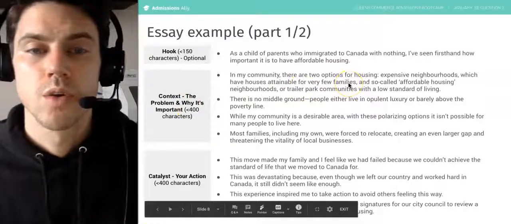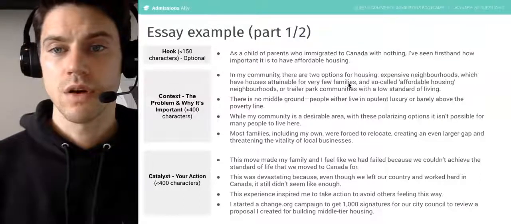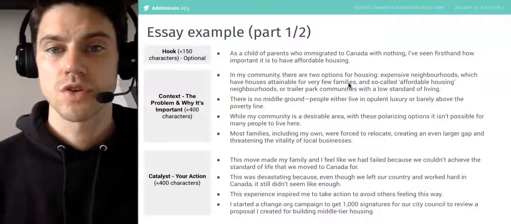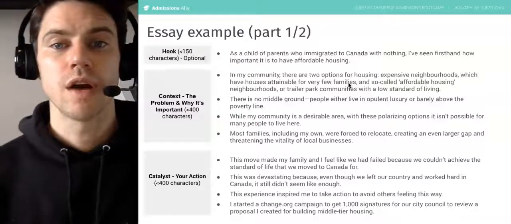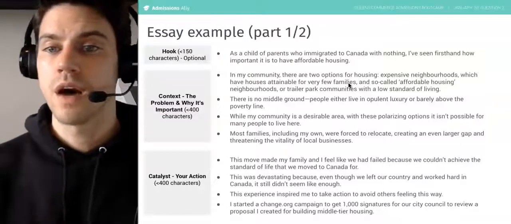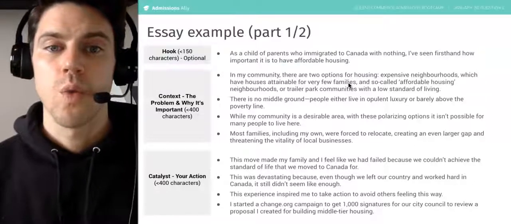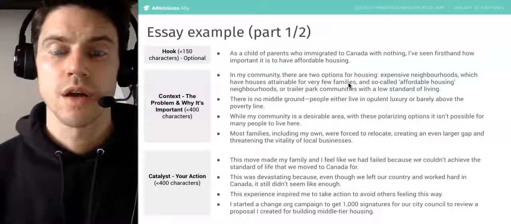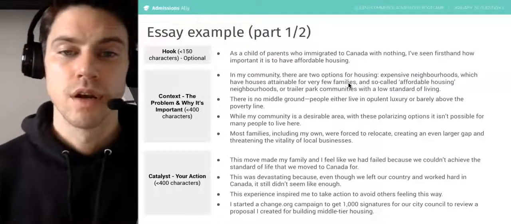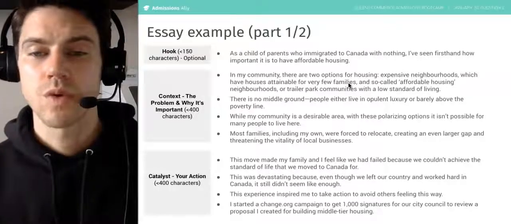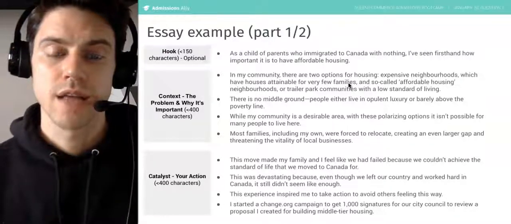Expensive neighborhoods, which have houses attainable for very few families, and the so-called affordable housing neighborhoods or trailer park communities with a low standard of living. There's no middle ground. People either live in opulent luxury or barely above the poverty line. While my community is a desirable area, with these polarizing options, it isn't possible for many people to live here. Most families, including my own, were forced to relocate, creating an even larger gap and threatening the vitality of local